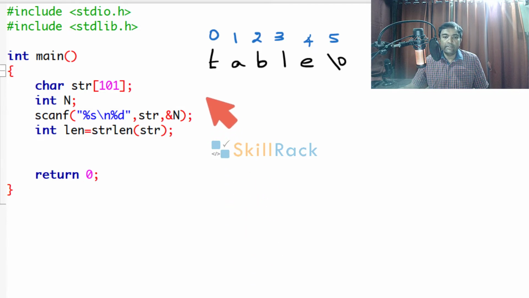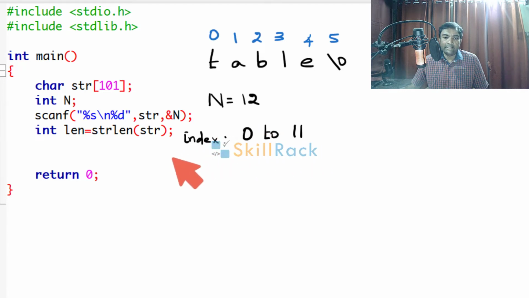Now, n is equal to 12. So what we can do is have an index value which will go from 0 to n minus 1. Because the index starts from 0, we cannot go till 12, we have to go till 11. So 12 characters are printed based on this index value.